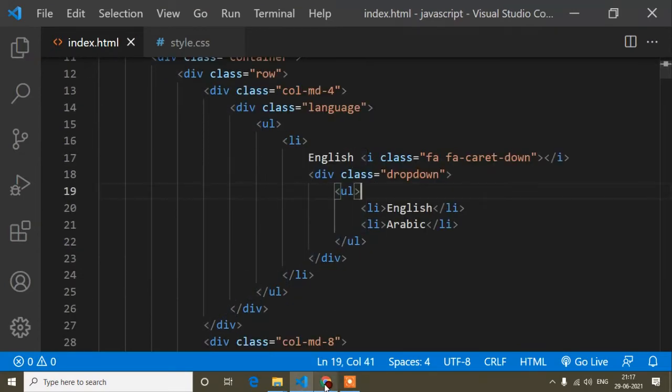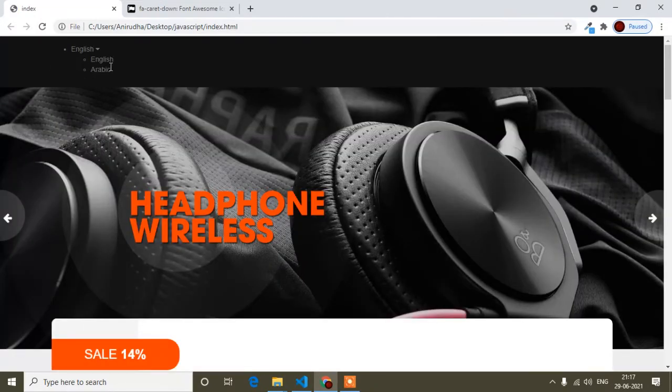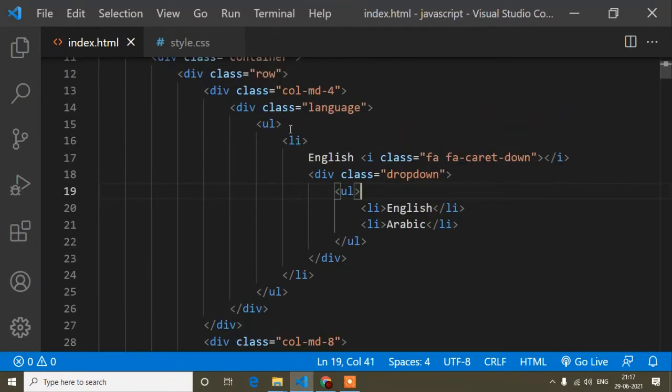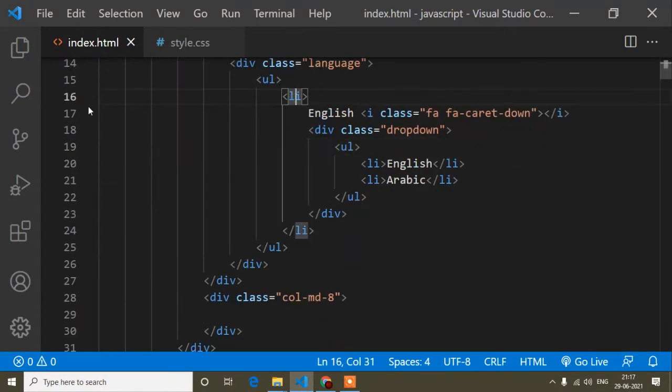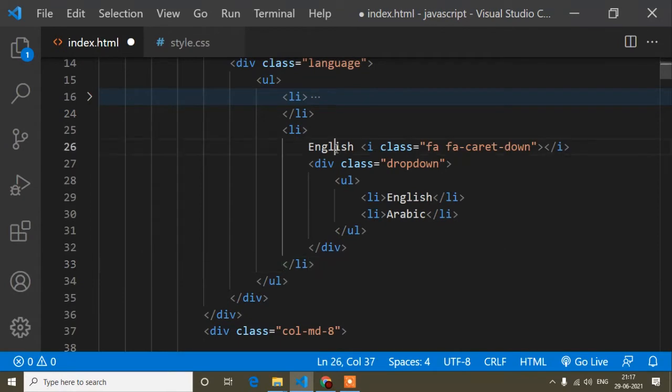So I will save, and here I will refresh, so you will find the drop down menu showing this way. After that I will add the design, but first of all I am creating the structure. Okay, so this is the li for one, and this parent li I will copy and paste here, and this one I will use for currency code.